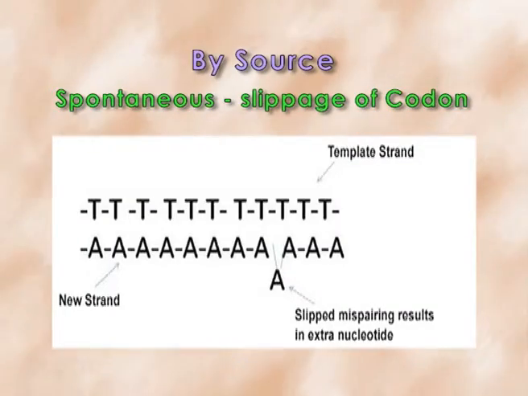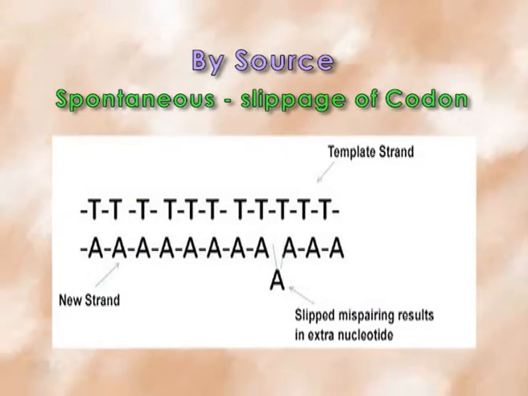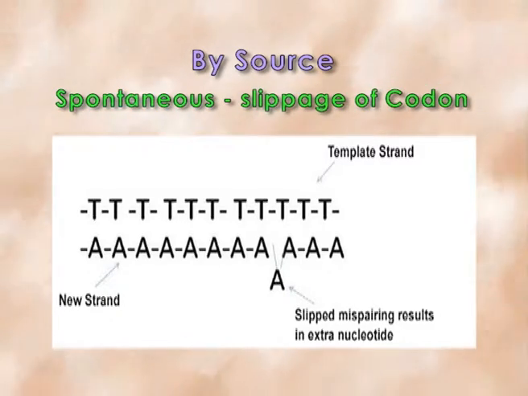According to the source, different types of mutation may be found. It may be spontaneous or it may be induced. Spontaneous means it happens randomly without the presence of any mutagen. So spontaneous mutation may happen by codon slippage. We can find it if there are AT runs, runs of dinucleotide, so DNA polymerase becomes inefficient. So one nucleotide may be bulged or looped, may hide. In such a way we can find +1 frame shift as well as -1 frame shift mutation by codon slippage according to the Streisinger model.